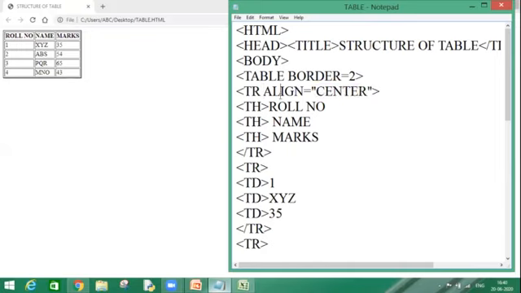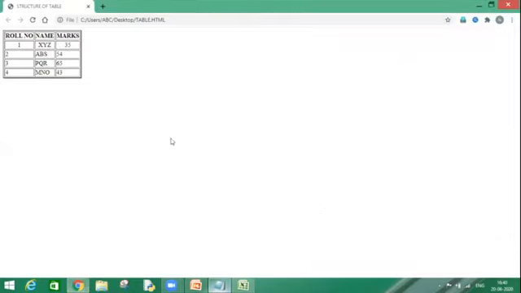Yeah, it is correct. So I can use it over here as well. Control C, Control V, Control S. And we can see over here, see, my data is aligned centrally.